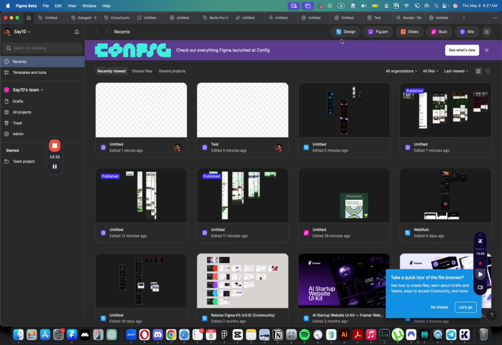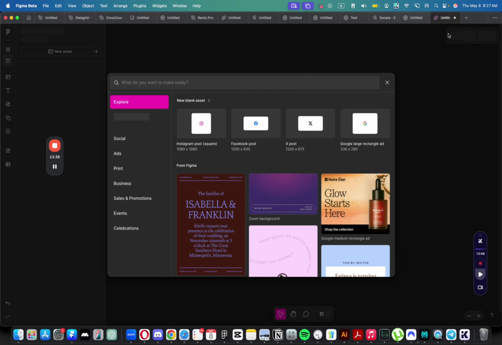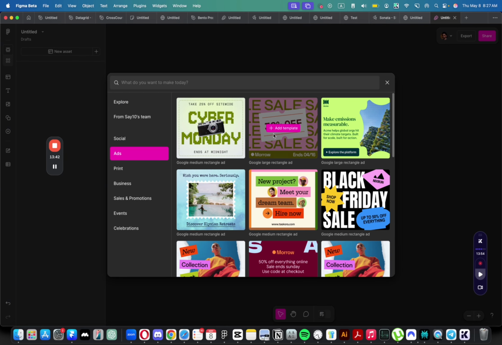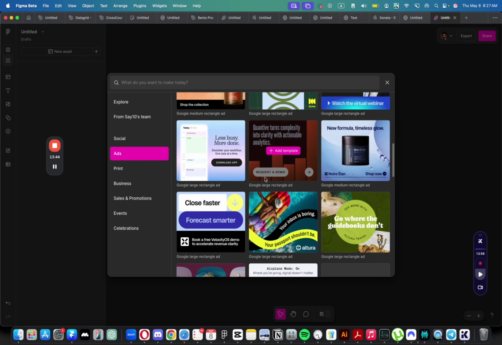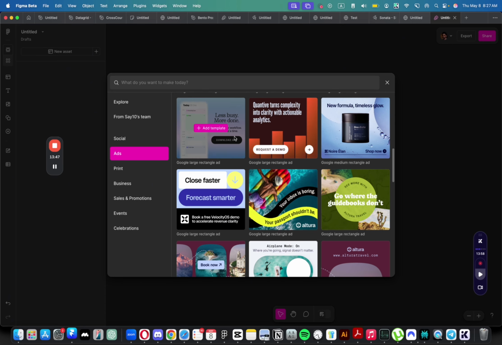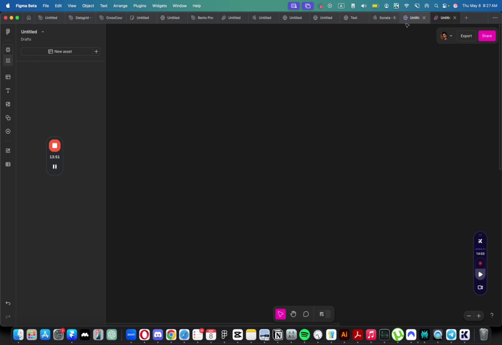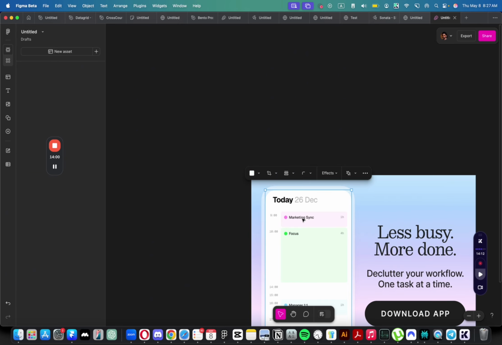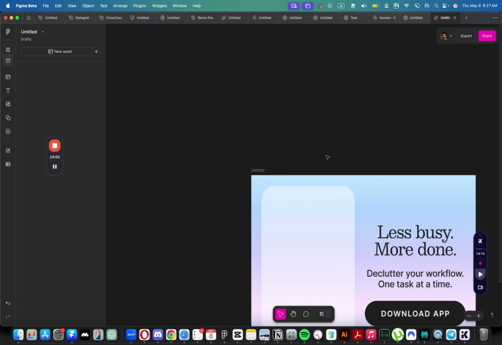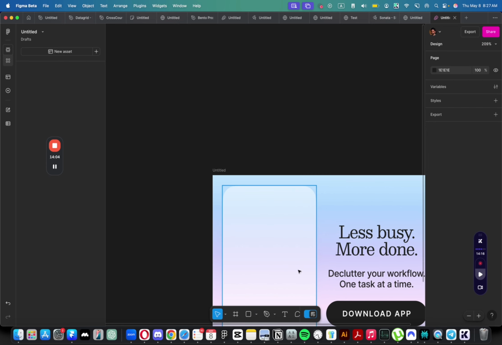So yeah, another function that I have is this one, where basically you can add any social media post. They have this big library of posts that you can create, ad posts, social media posts. So let's just try something like this, something related with SaaS. And now I can just edit the text. Oops. I can just edit the text, and where did it go? Did I delete it? Yep. I can edit this image here, and I can edit the text, and I can have it